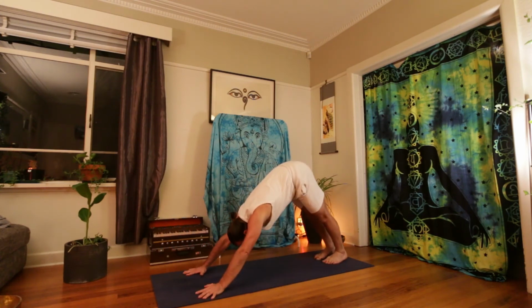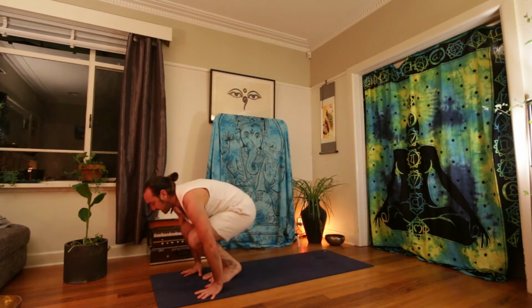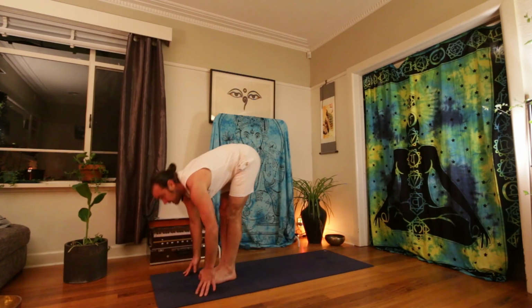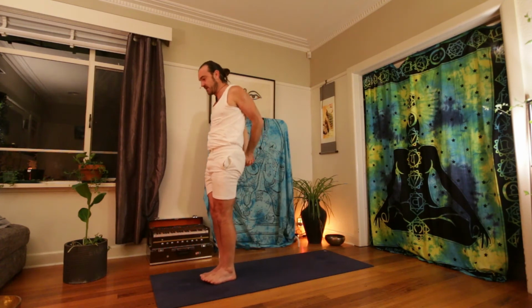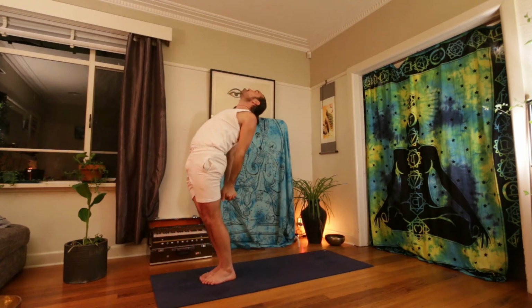Bending into your knees. You can look forward, walk or jump. Getting a bit of air time. Inhale, lengthen, halfway lift. Exhale, you fold. Inhale, rising all the way up. Exhale, you release. This time, interlacing your fingers behind your back. Press your palms together, opening through the collarbones, maybe looking up, slight arch into the back, bending into your knees